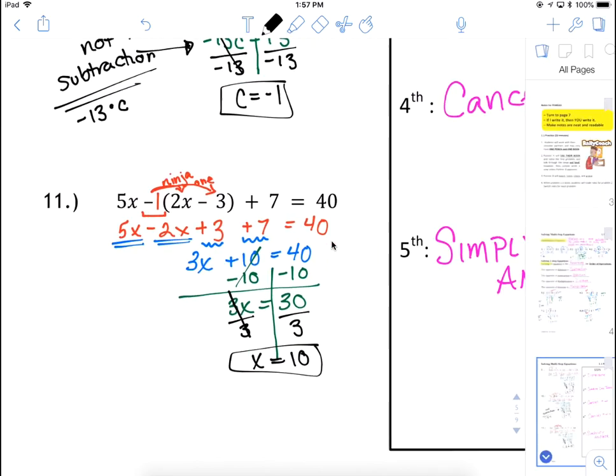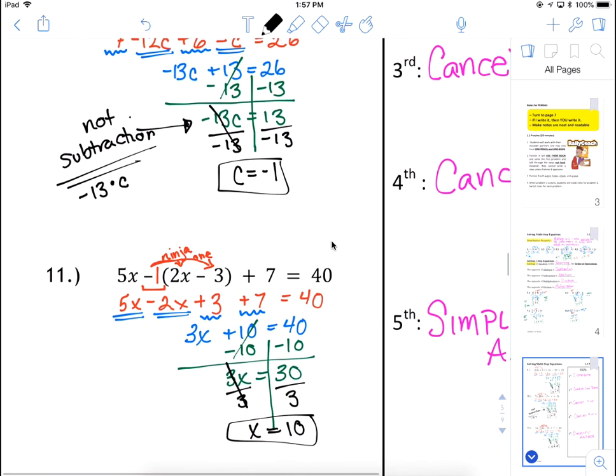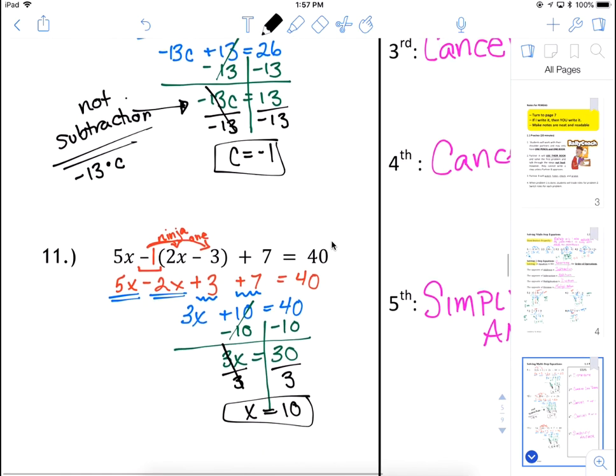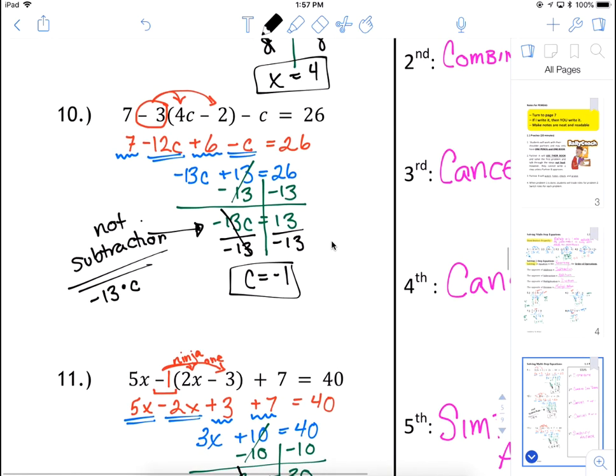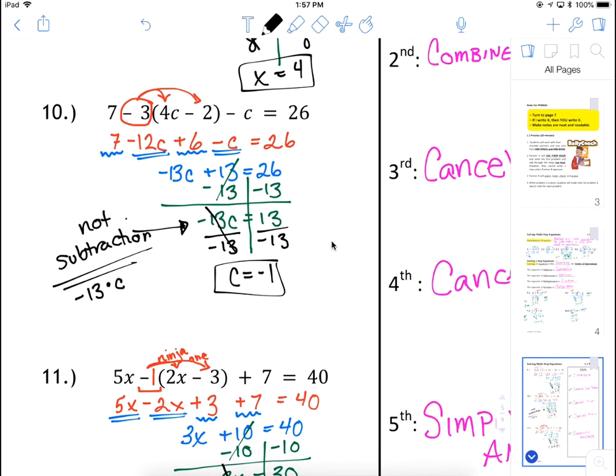Okay? I'm going to zoom out. If you missed anything on those problems, go ahead, take a second, pause the video so you can see it. There's 11, there's 10, and there's